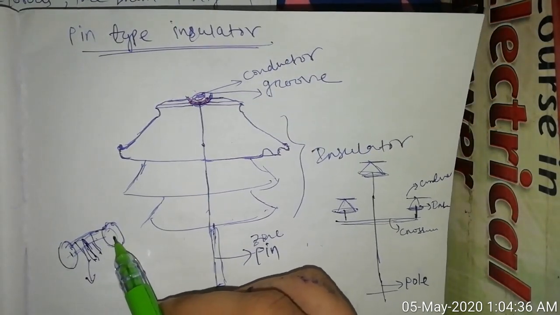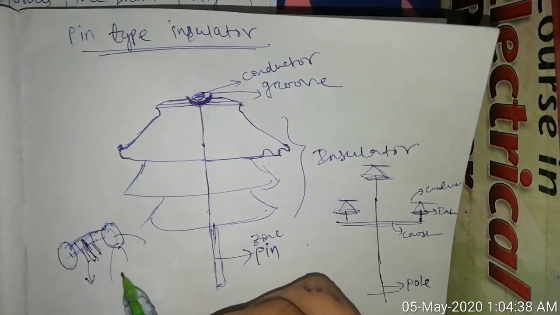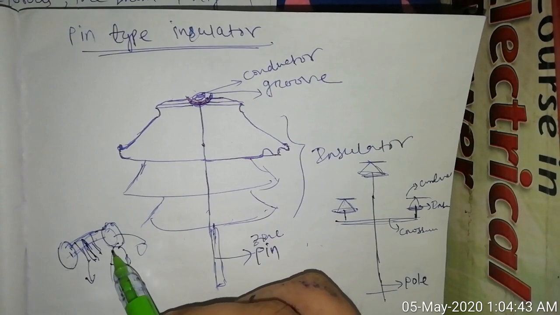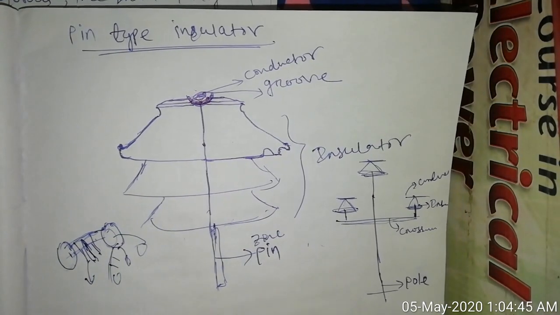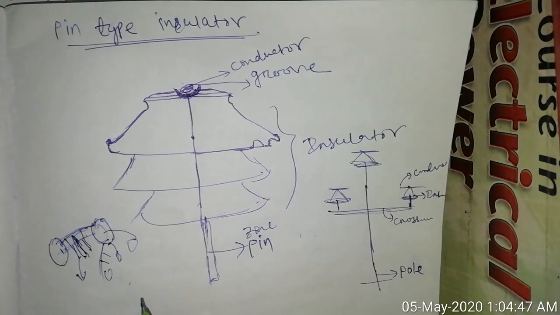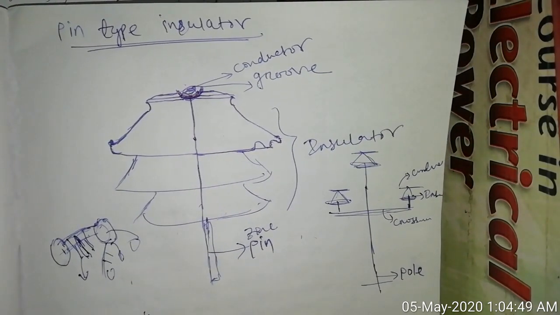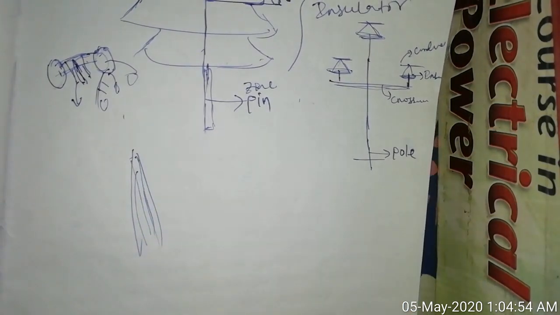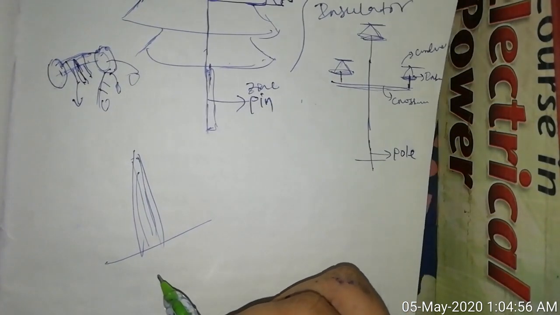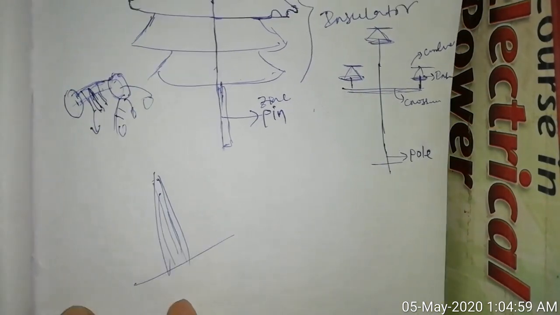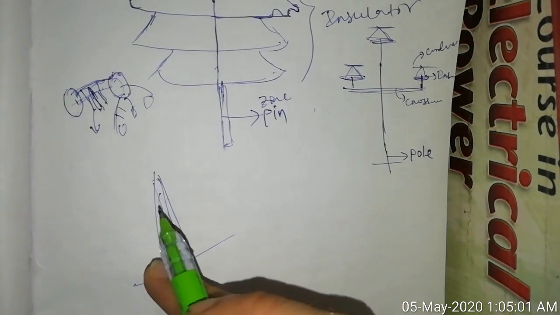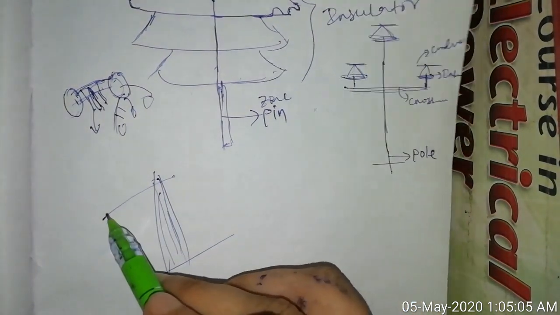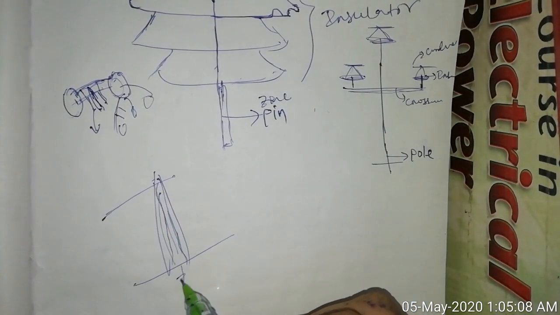From the substation, the power is distributed to the different load centers. Again, with the help of poles, these lines are carried. These poles or towers are basically made of steel. So the conductors cannot be directly connected to these steel structures, as it will ground the live conductors to the ground.